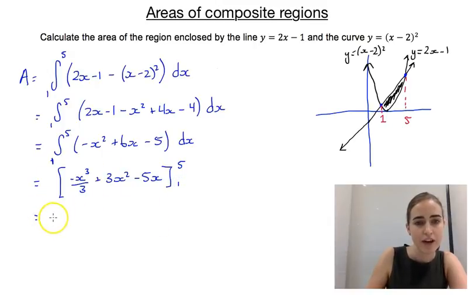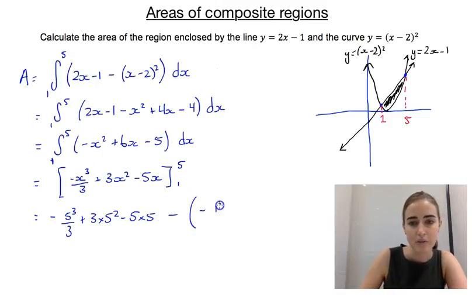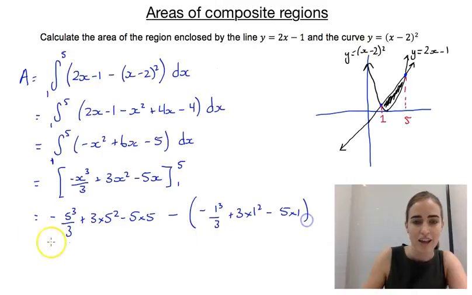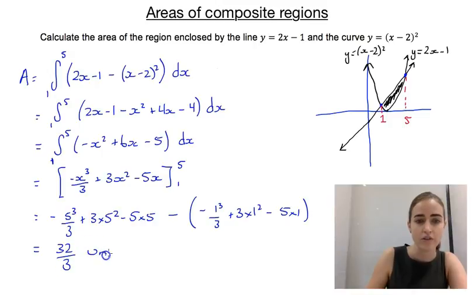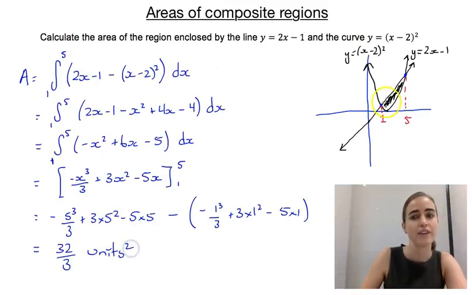Substitute in, so we'll put our 5 in first, so we're going to have minus 5 cubed over 3, plus 3 times 5 squared, minus 5 times 5, minus, and we'll substitute in the 1. So we're going to have minus 1 cubed over 3, plus 3 times 1 squared, minus 5 times 1. And working out that whole thing will give us an answer of 32 over 3 units squared for that area